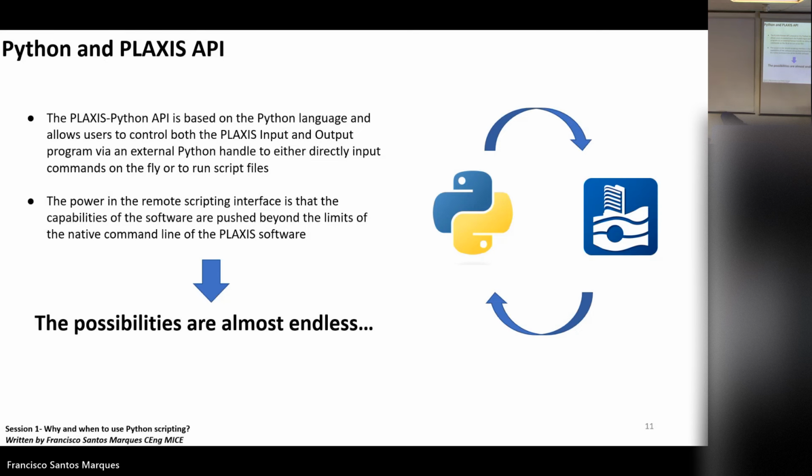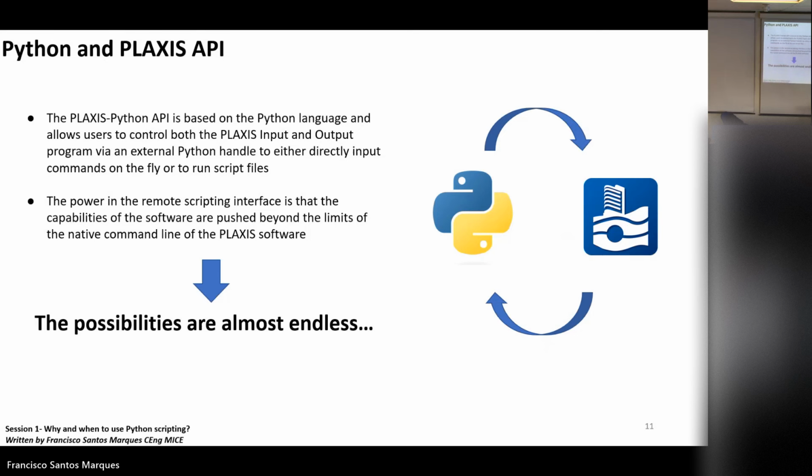Okay, so as you can imagine, if you are allowed to control your Plaxis program using scripting, you can automate tasks. You are all probably familiar with the Plaxis workflow: if you want to create something, you have to go to the soil mode, create the soil, create the structures, then move to mesh, then create the construction stages, and you have to do that manually.